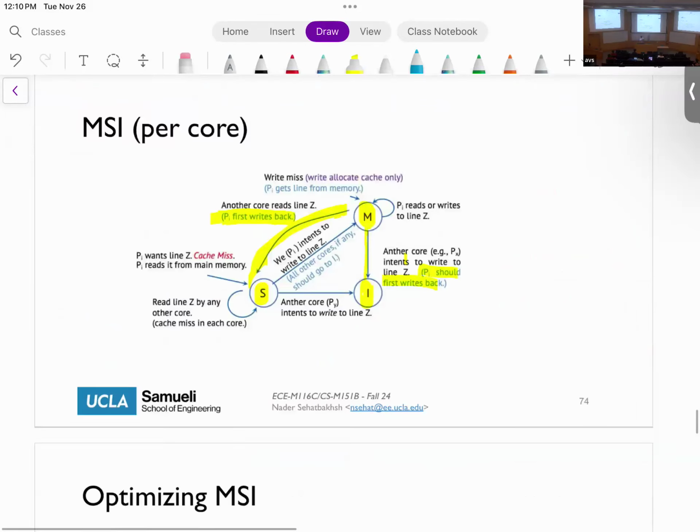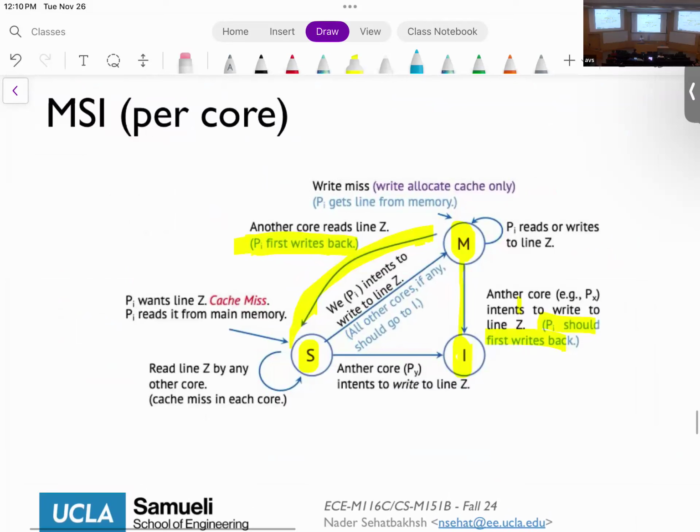It will look something like this, as we showed. You can think of it as a state machine with 3 states: the M state, the S state, and the I state. There are conditions for switching from one state to another, depending on the activity of the other cores. Keep in mind that we also have the write back, which happens whenever you switch, you also have to write back to the memory. Everybody in MSI gets their values from the memory. It's not a cache-to-cache transfer. Everything is a memory-to-cache transfer.